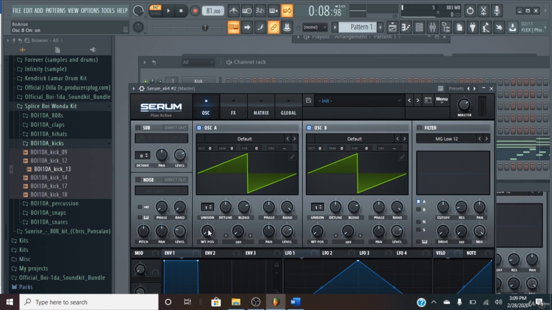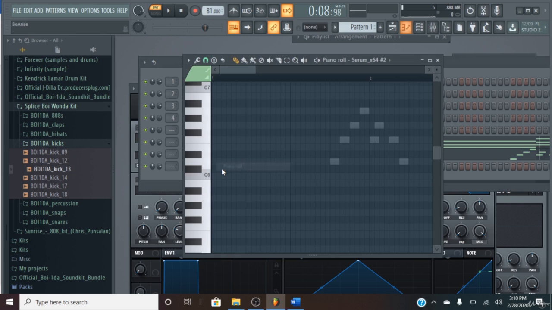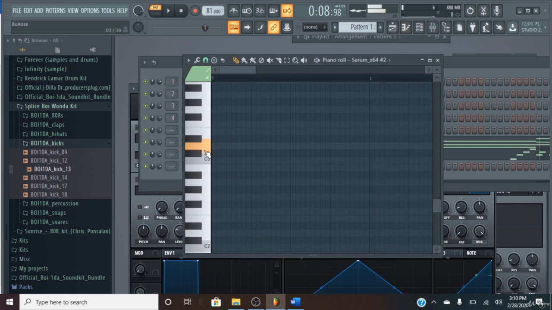So we're gonna bring the voices up to 8 on both of them, 2 oscillators, and we're going to see how that sounds. Sorry about that, a little loud. We're gonna add a filter to it, A and B. This is A, this is B. All right, that sounds good. Cut it off a little bit more to maybe like 126. Sounds real nice. Okay, now let's piano roll, come all the way down to like C3,